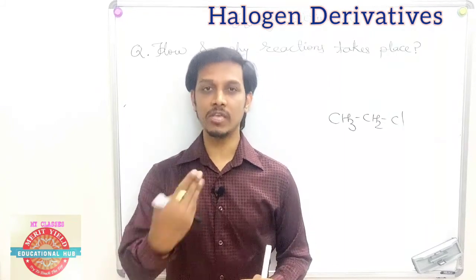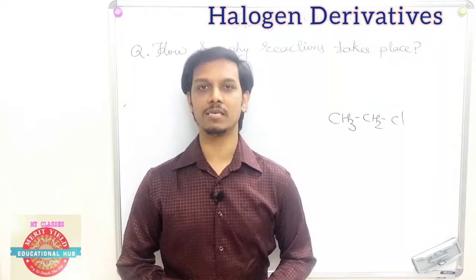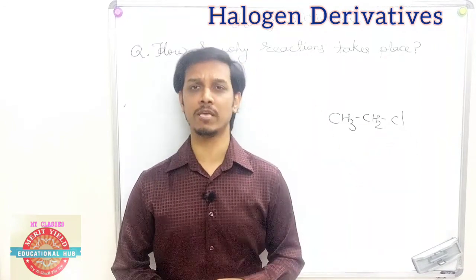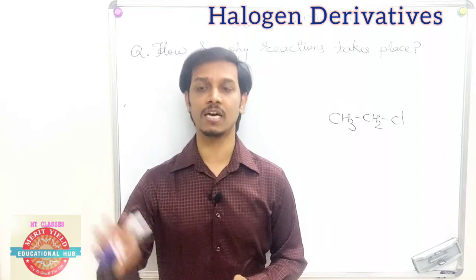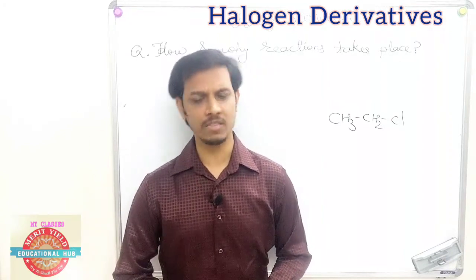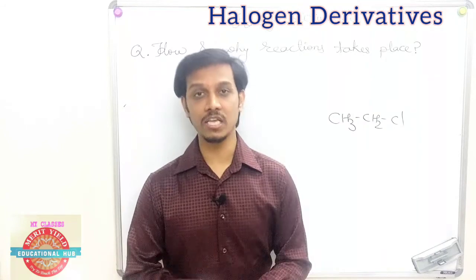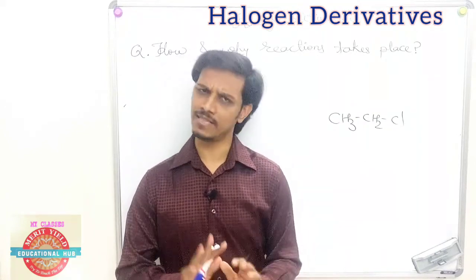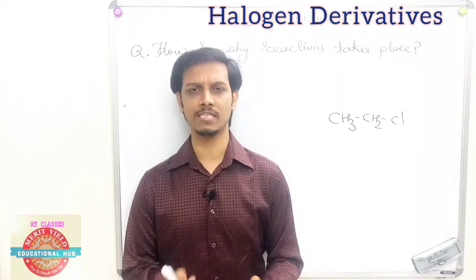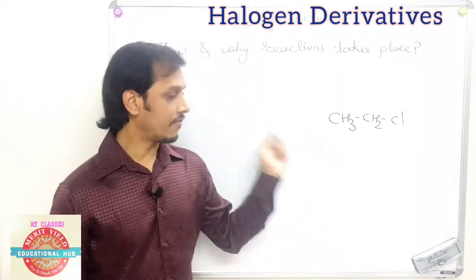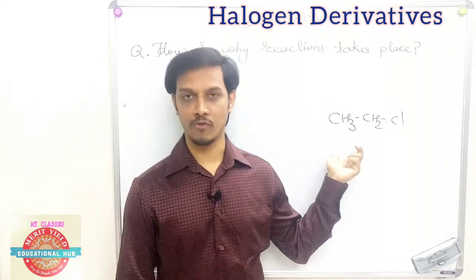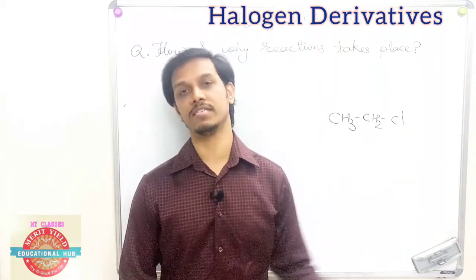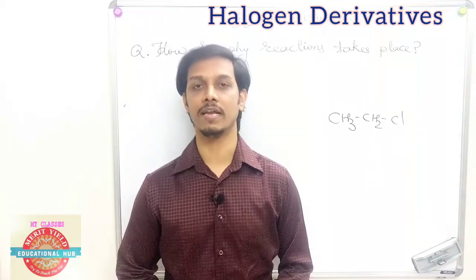Suppose I am offering you a deal. In that particular deal, suppose I am paying you 50,000 rupees per month, and some other agency is paying you 70,000 rupees per month, and a third party is paying you 1 lakh rupees per month for the same work. So definitely you'll go for the 1 lakh rupees payment, because that gives you more stability. That's the thumb rule, the basic rule. Whatever product is going to form, if that product is more stable, then that particular reaction takes place. Otherwise we do not get any kind of reaction.